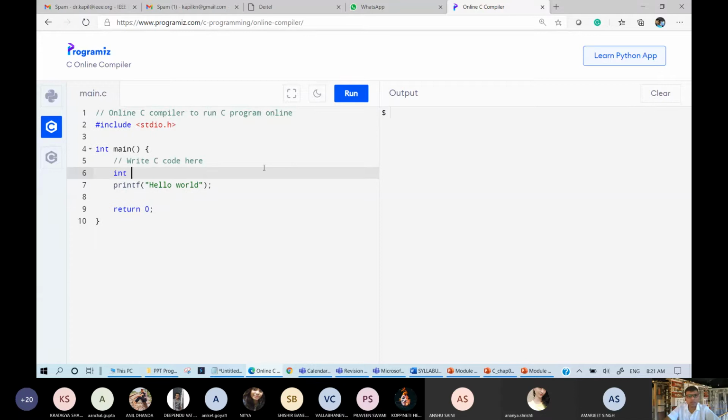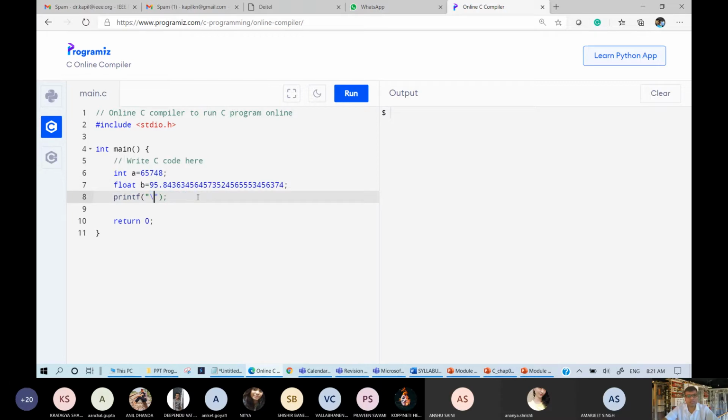Integer a equals 65748. Float b equals 95 point some random value. Let me start printing one by one.